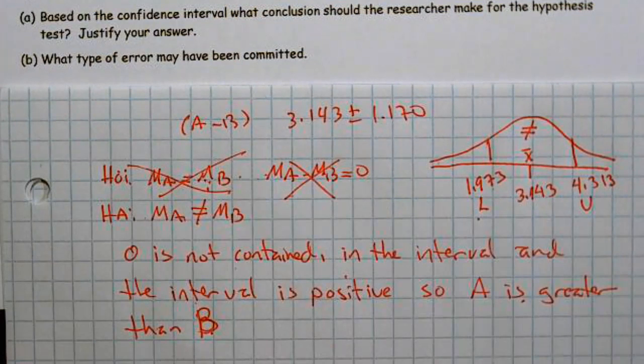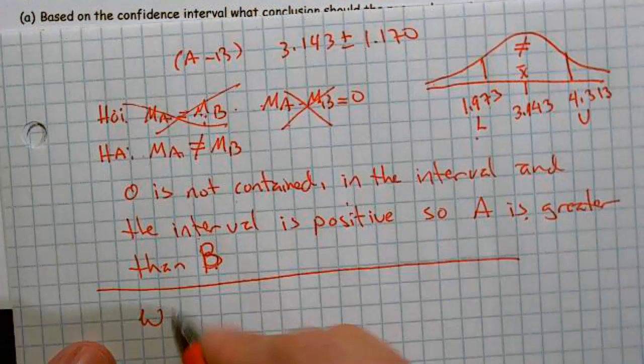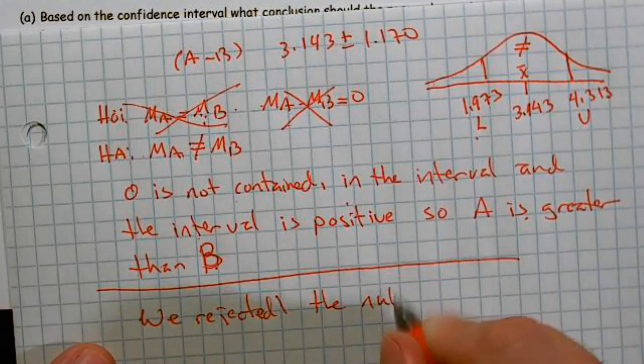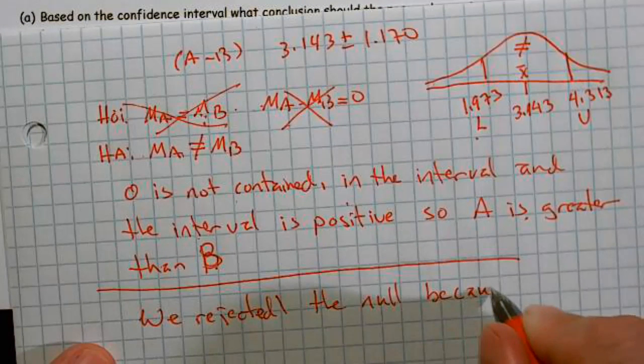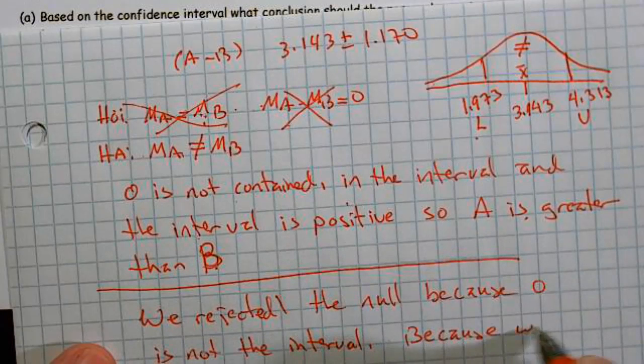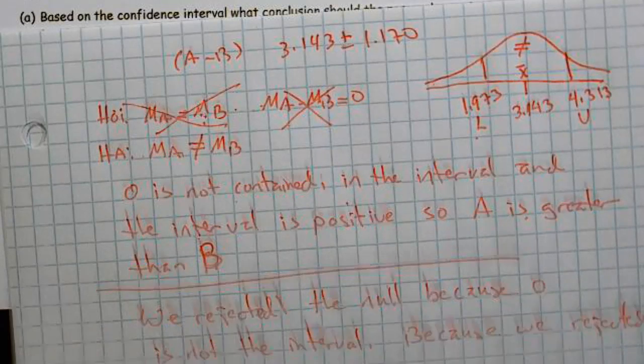So we rejected the null because 0 is not in the interval. Because we rejected, the only type of error